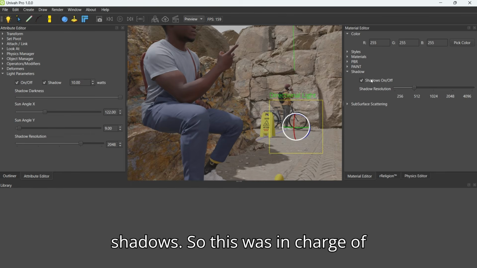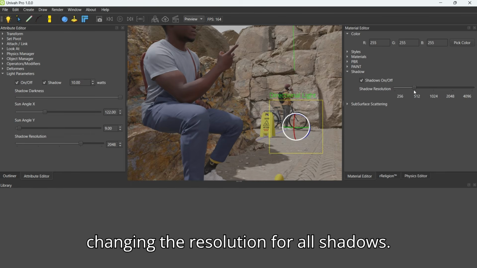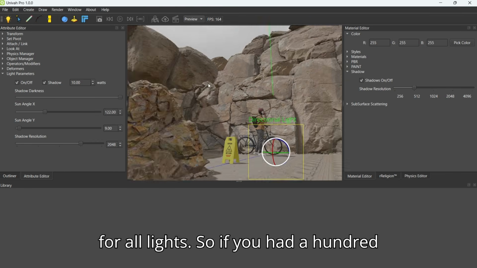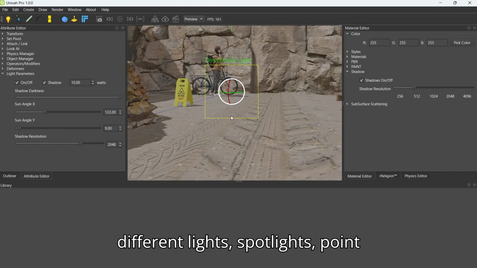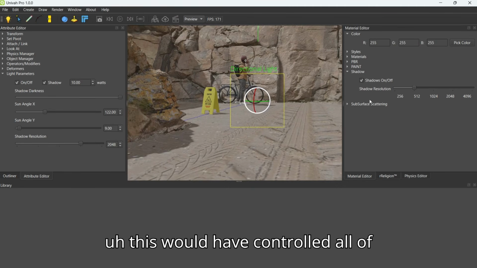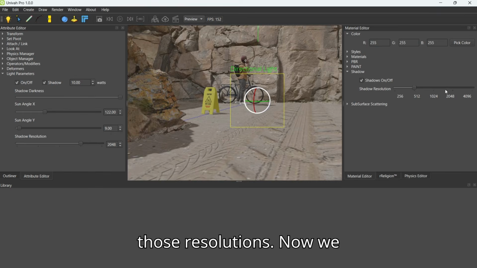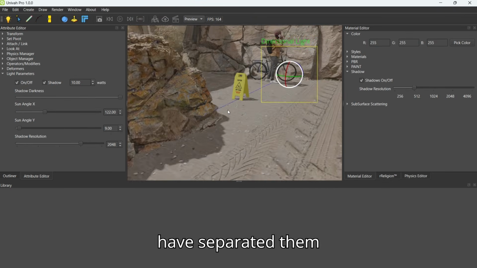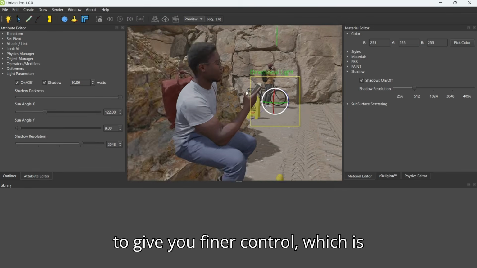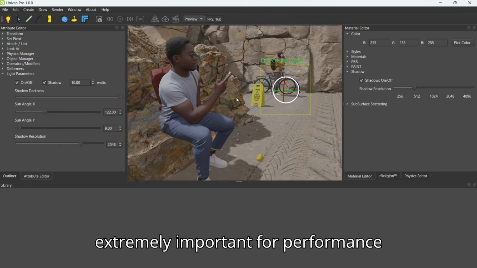So this was in charge of changing the resolution for all shadows, for all lights. If you had 100 different lights, spotlights, point lights, area lights, mesh lights, this would have controlled all of those resolutions. Now we have separated them to give you finer control,